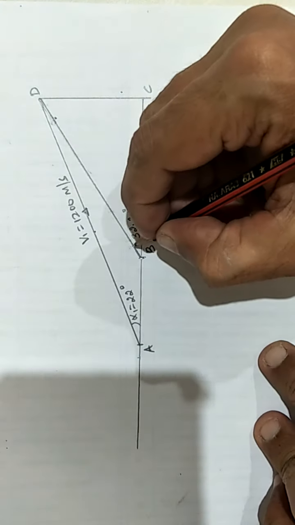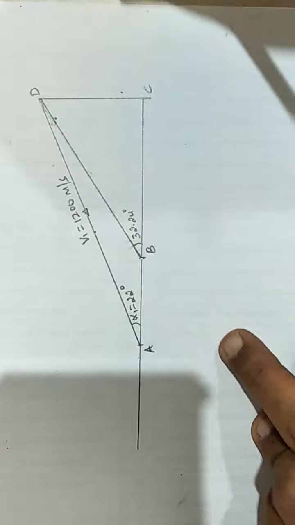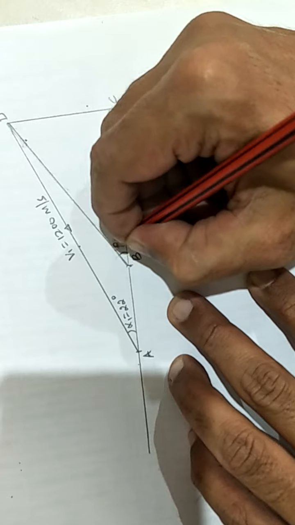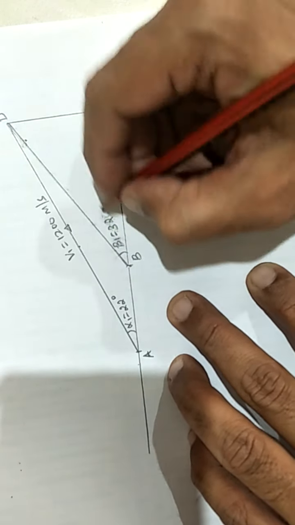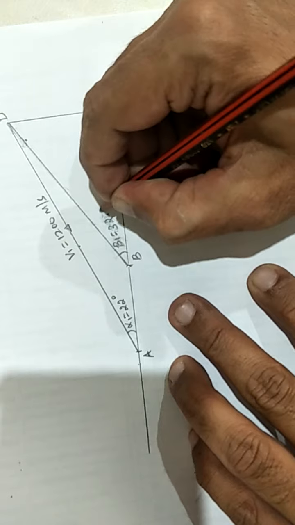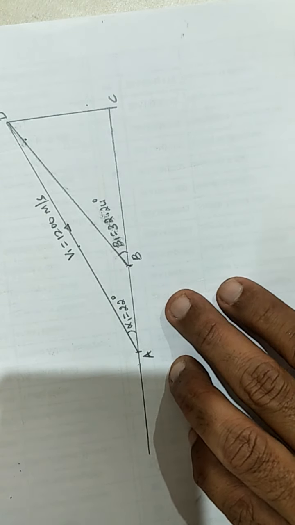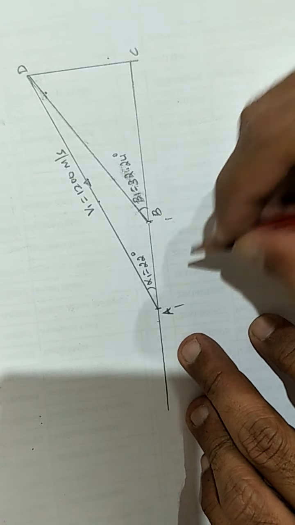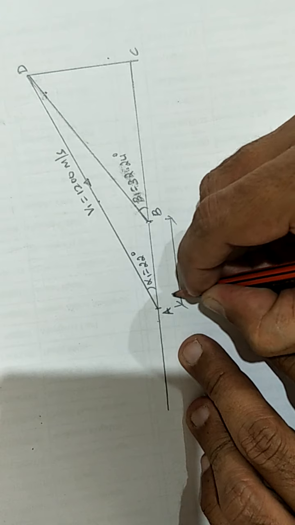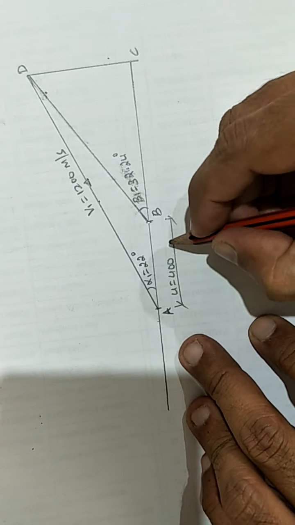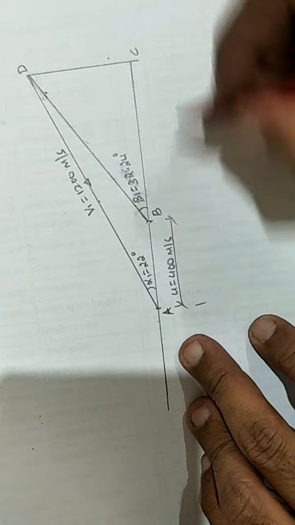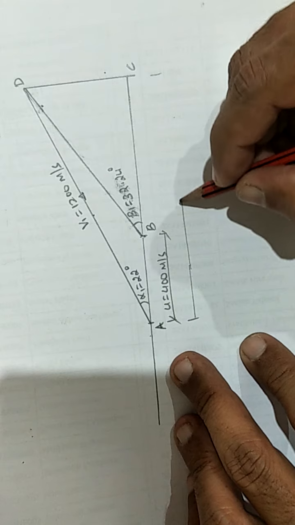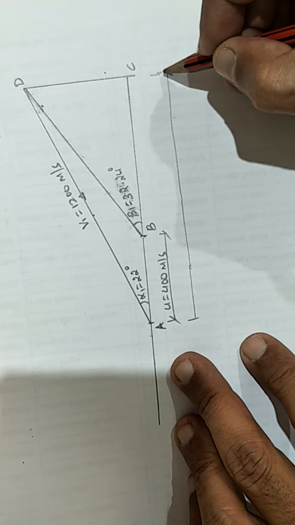So this value, beta 1, is equal to 32.24 degrees, right? So this is the inlet velocity triangle. AB is nothing but u, so u is equal to 400 meters per second, and we also know the value of AC. AC is nothing but VU1. We know the value of VU1 also.